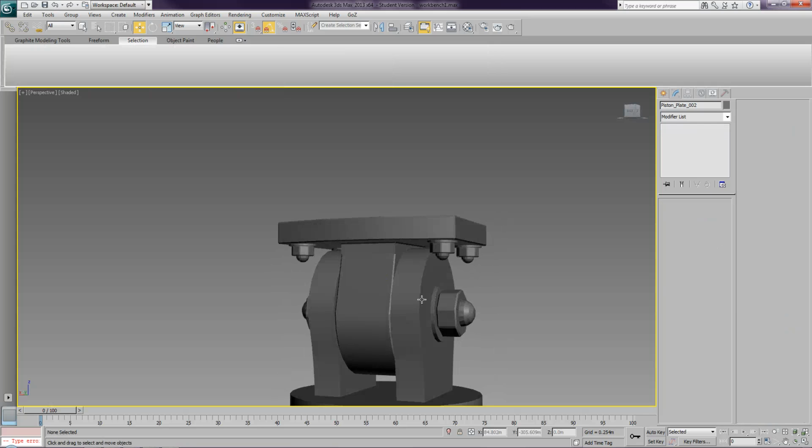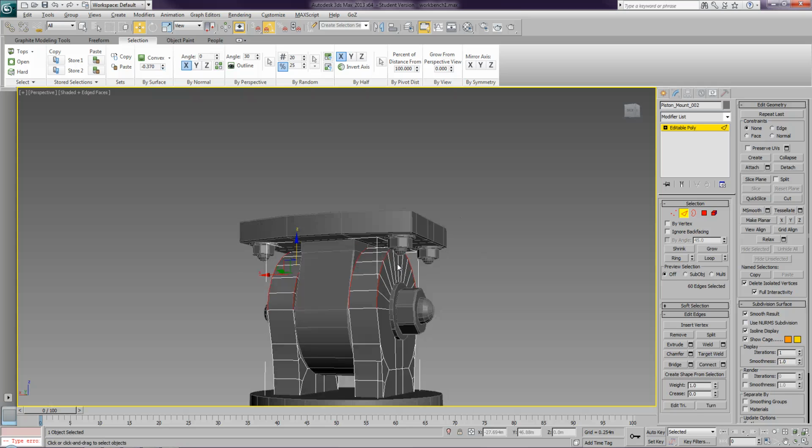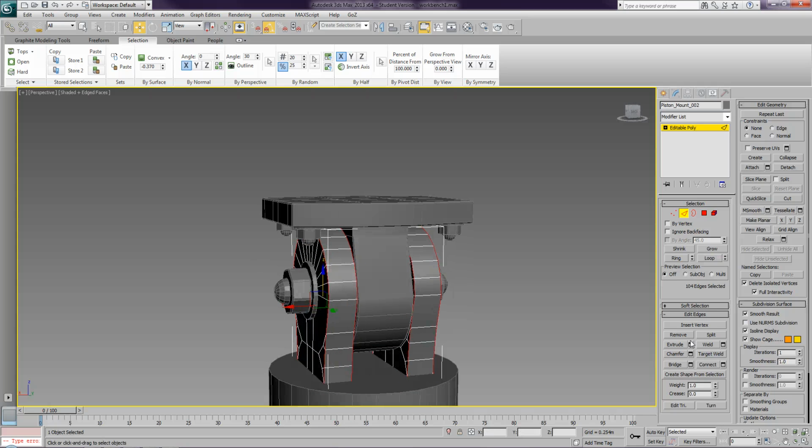Okay, now I'm going to do the same over here. And again, go by convex. And we can see it selected a lot of the parts we need, but not quite all of them. That's okay, we can just go around and select them. Remember the amount we're chamfering by is 0.003. We just click loop, it'll even finish it off for us. There you go. And chamfer